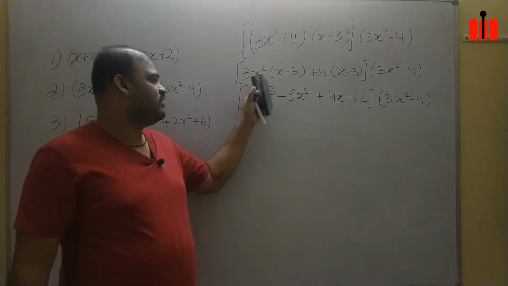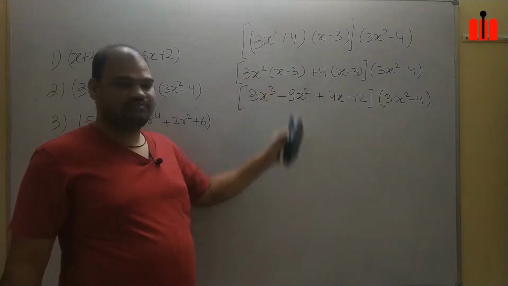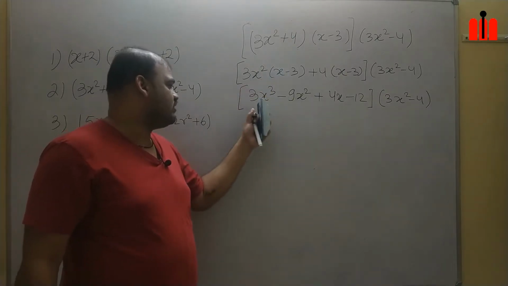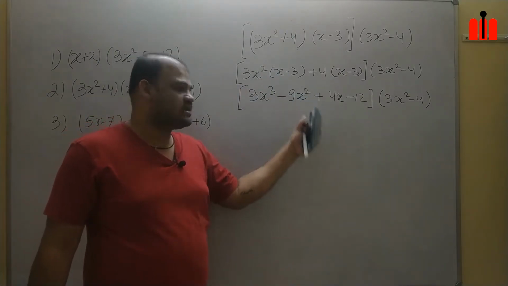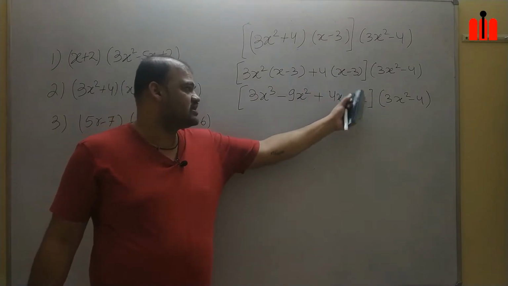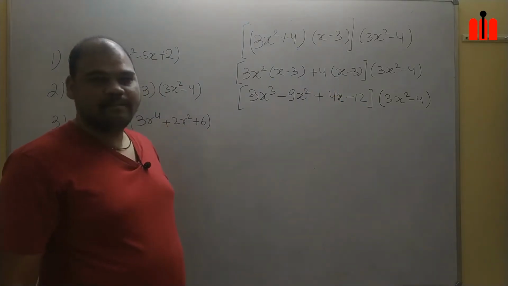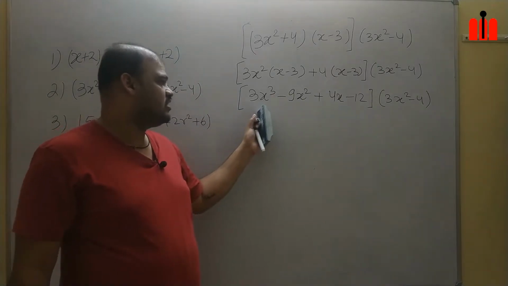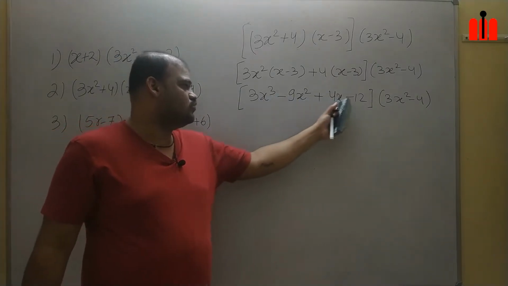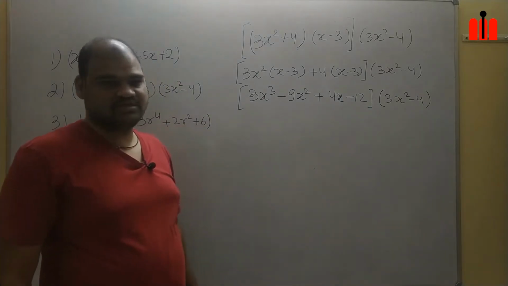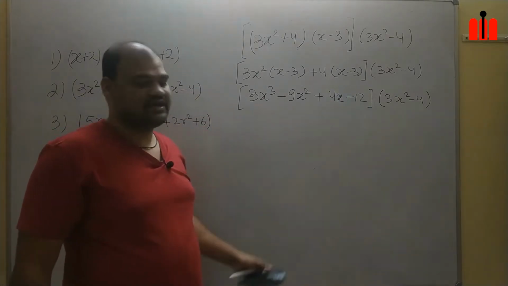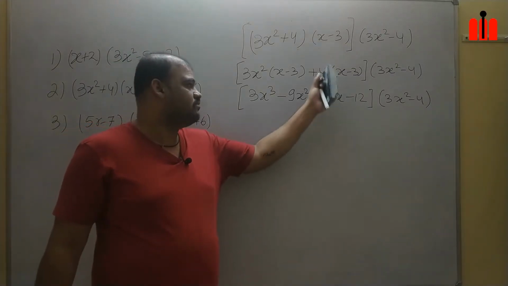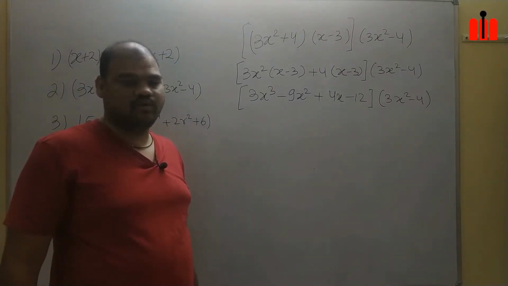So what we had done, we had multiplied 3x² with x − 3 and 4 with x − 3. So 3x² into x − 3, it is 3x³ − 9x² + 4x − 12. Okay, now this has terms with the 3, 2, 1 and 0 power of x, that is the constant term. After that x, x² and x³, there are no other like terms. So this is the simplified expression for the above one.